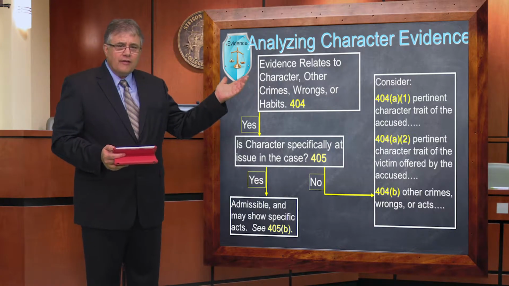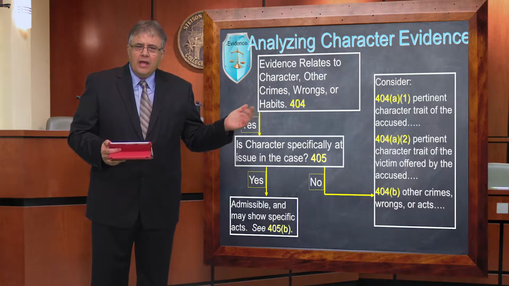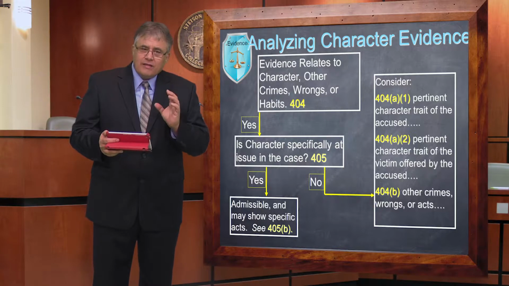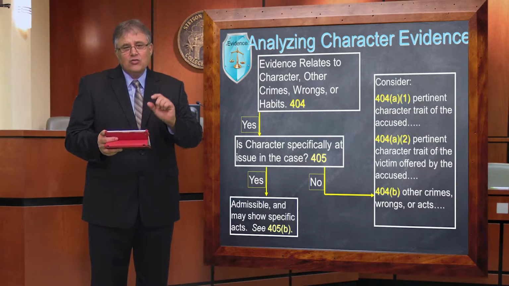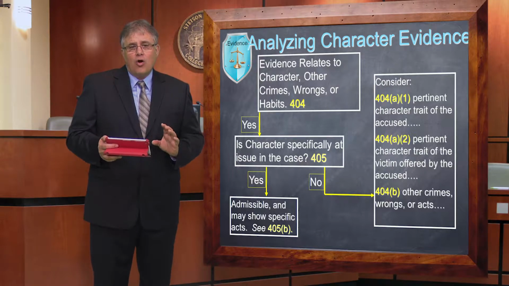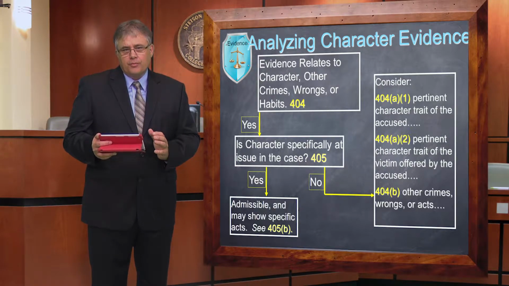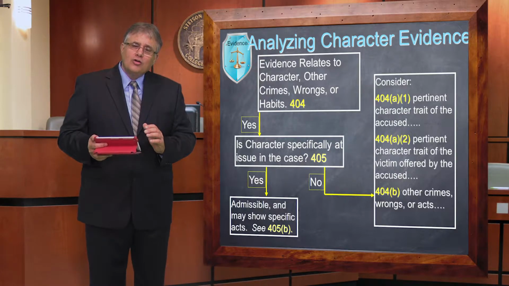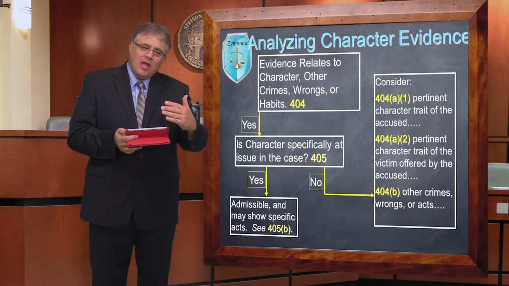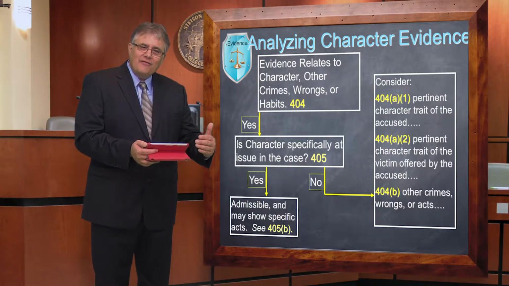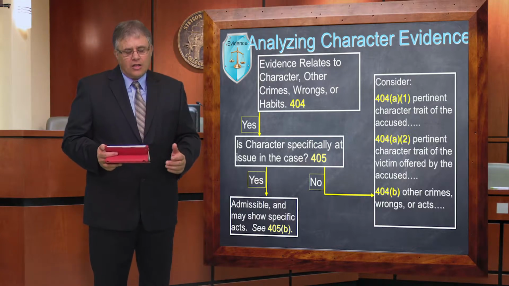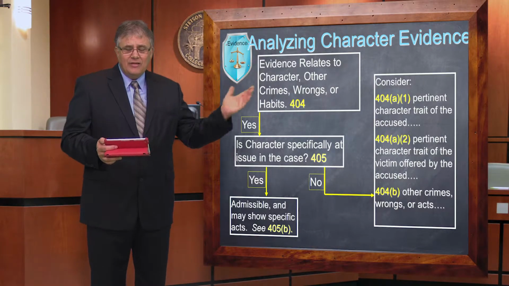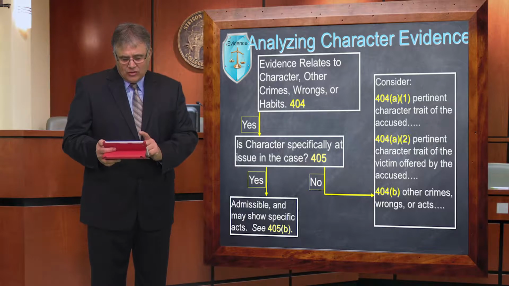Now, this flow chart that I've got over here is going to be a series of slides. And each slide is going to have a box that'll pop up. And you'll see the first one right now is that 404 deals with evidence relating to character, other crimes, wrongs, or habits. That's the purpose of the rule. Character means character trait. Other crimes, wrongs, or habits mean circumstantial evidence of character that's being used for a non-character purpose. So the first question that I ask myself is, am I trying to admit evidence of this type at trial? And if the answer is yes,